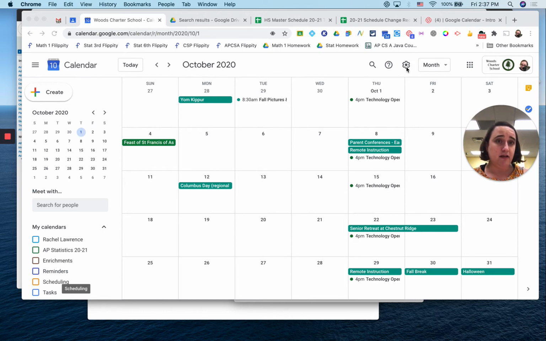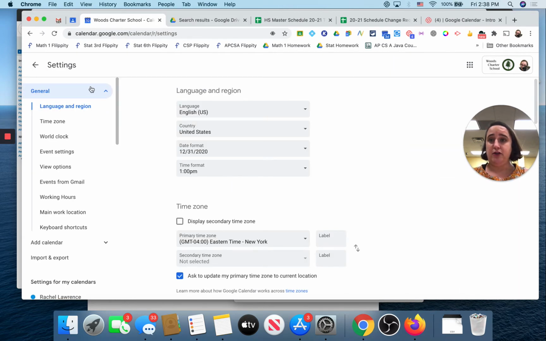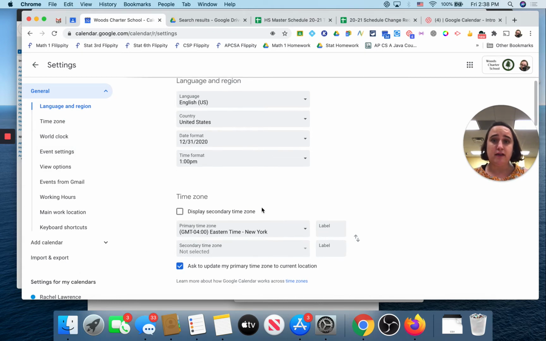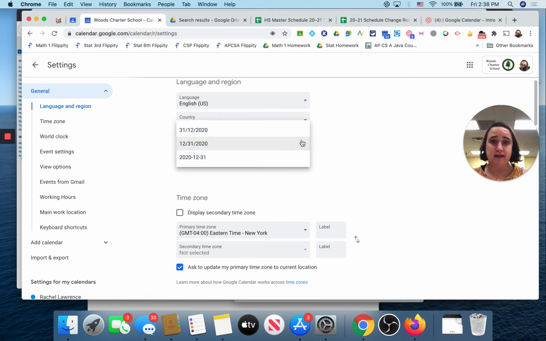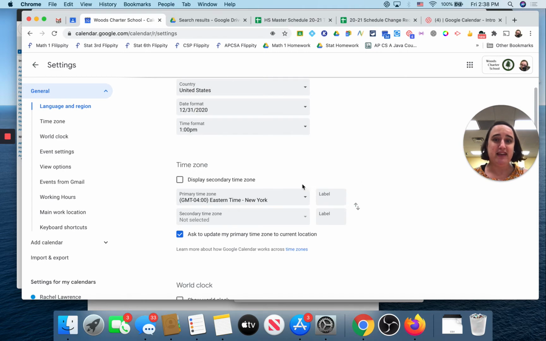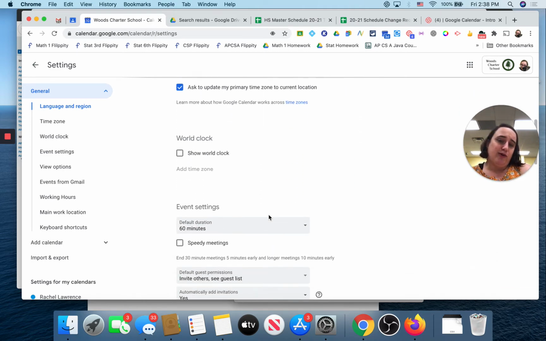up to this gear icon in the top right. And you notice a whole bunch of options here down the left. A lot of them are things you probably don't need to pay attention to unless you really want to, like the language and the country and how you want your dates and times formatted. Like if Vanessa Costa really wants her dates to have a European formatting, she can do that if she feels like it. Your time zone, whether or not you want to show the world clock, these are all just kind